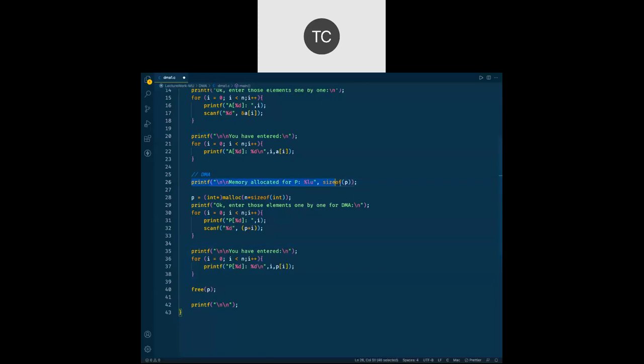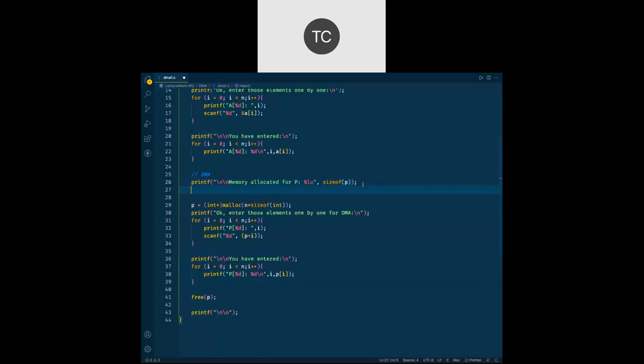Now just to make sure what amount of memory is going to be allocated when I execute malloc like this, let us print it. N multiply by size of integer, that's what we allocate, memory allocated by malloc.